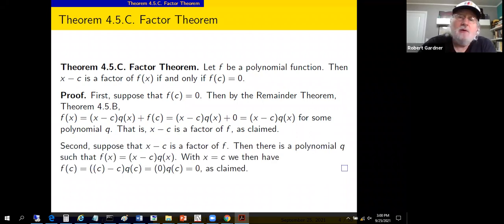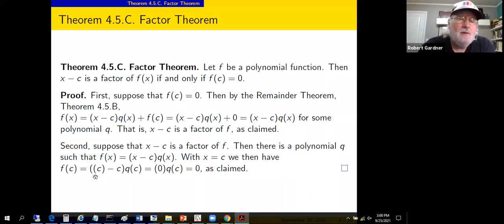Conversely, suppose x minus c is a factor of f. That means f of x equals x minus c times something. Let's denote the something q of x, very suggestive of the remainder theorem or the division algorithm. But it doesn't matter what we denote the something as. Then if we plug in x equals c, we get f of c equals c minus c times q